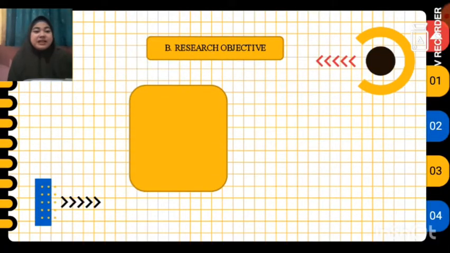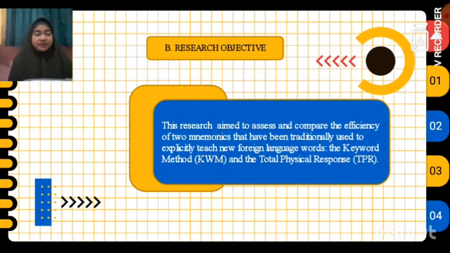The second is research objective. This research aims to assess and compare the efficiency of two mnemonics that have been traditionally used to explicitly teach new foreign language words, the keyword method and the total physical response. Despite the fact that there is abundant evidence supporting the use of both strategies in teaching